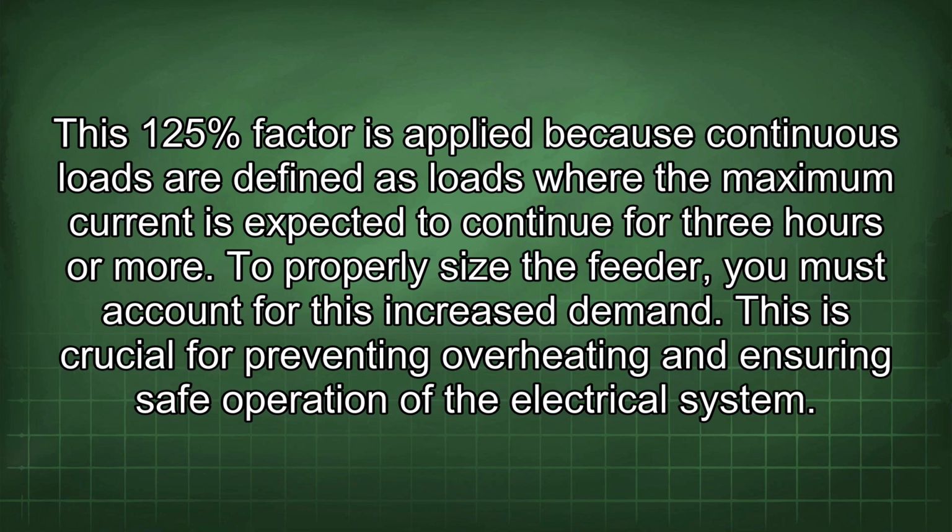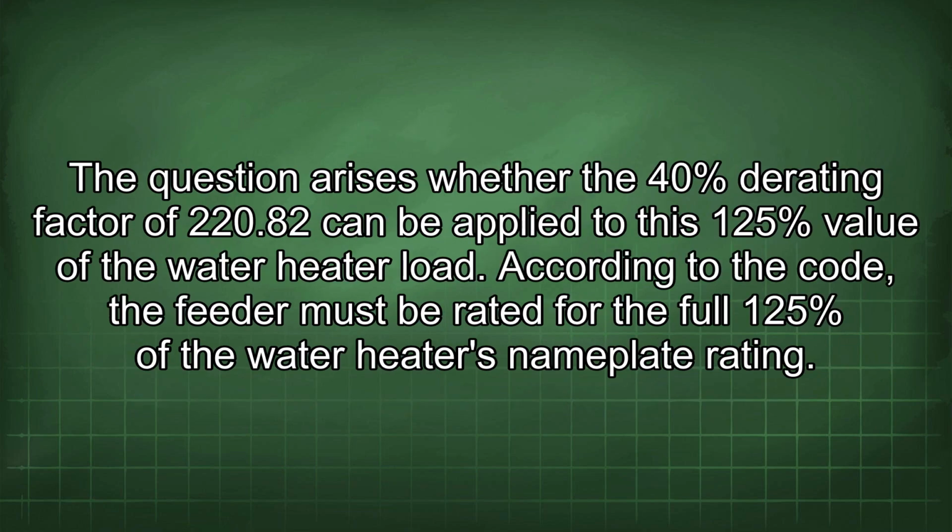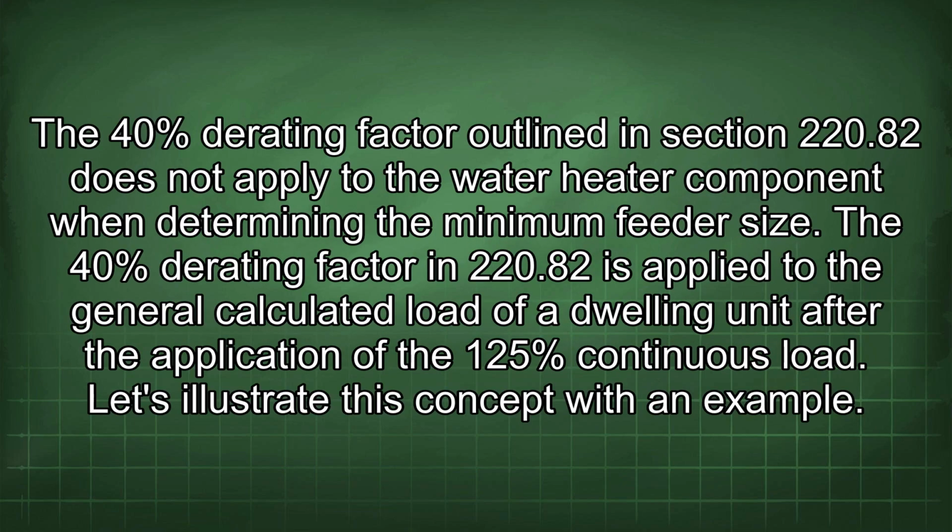To properly size the feeder, you must account for this increased demand. This is crucial for preventing overheating and ensuring safe operation of the electrical system. The question arises whether the 40% derating factor of 220.82 can be applied to this 125% value of the water heater load. According to the code, the feeder must be rated for the full 125% of the water heater's nameplate rating. The 40% derating factor outlined in section 220.82 does not apply to the water heater component when determining the